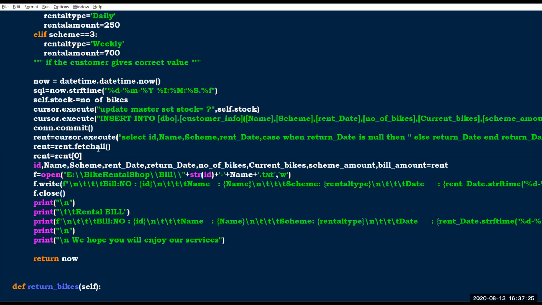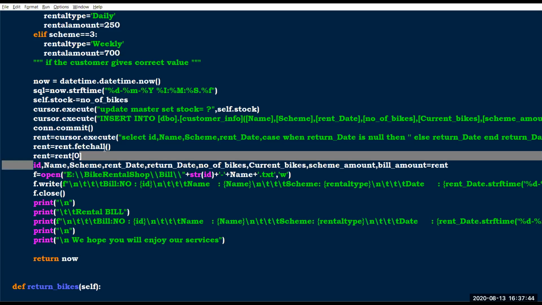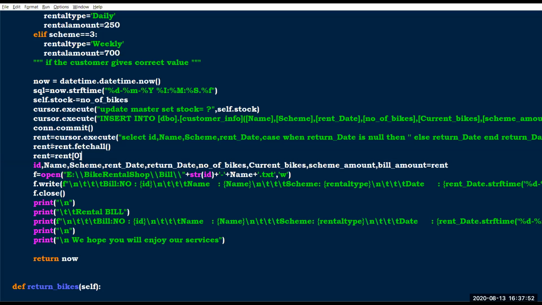Then I'm using rent equal to rent.fetchall. The rent.fetchall returns the values in tuple format, and fetchall returns your values in list data type. That's why I grab the first one from the rent variable.